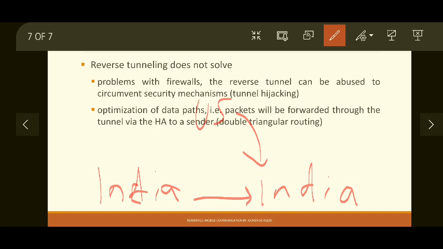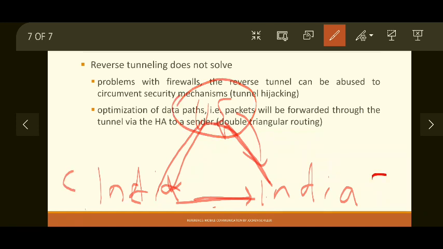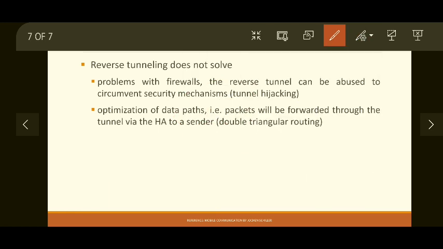But because this person, who is currently in India, is a citizen of the US or has a SIM card of the United States, the call will go through the US and back to India, and through the US again and back to India. So this is nothing but triangular routing. The call should not have gone to the US because the caller and callee are both in India. So that is the simple example of triangular routing.